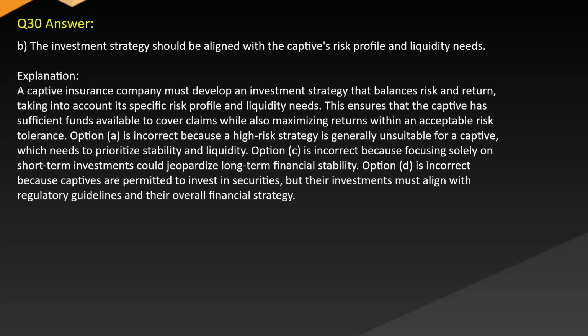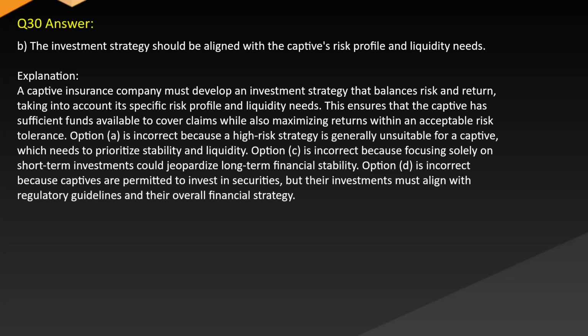Answer: B. The investment strategy should be aligned with the captive's risk profile and liquidity needs. Explanation: A captive insurance company must develop an investment strategy that balances risk and return, taking into account its specific risk profile and liquidity needs. This ensures that the captive has sufficient funds available to cover claims while also maximizing returns within an acceptable risk